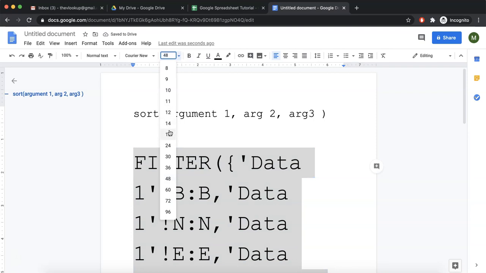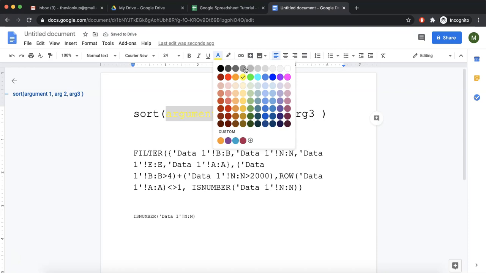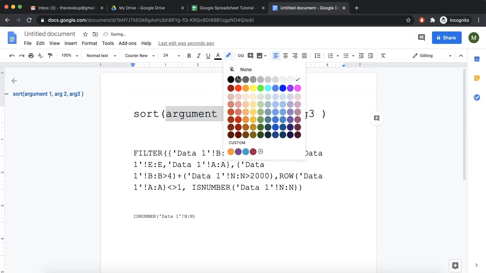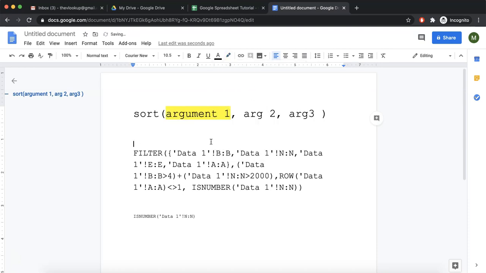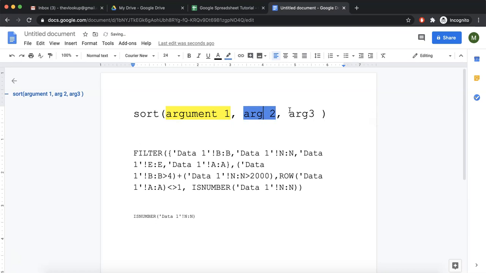Now this argument is, let's say we denote it by color yellow and background. So this is argument 1, this is argument 2, and this is argument 3, which is required for sort.